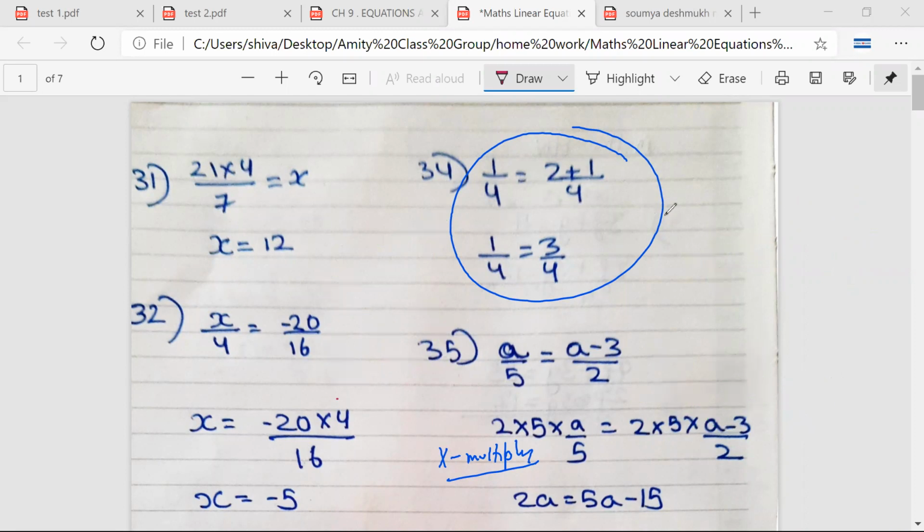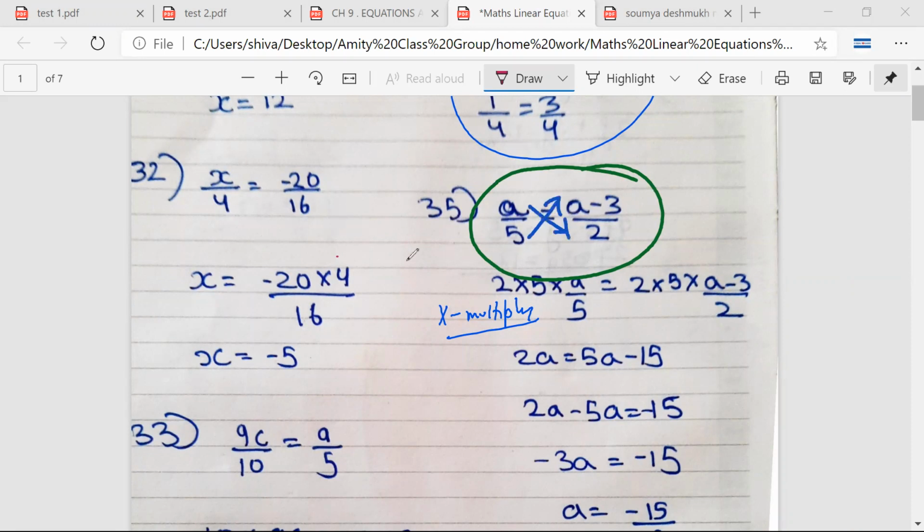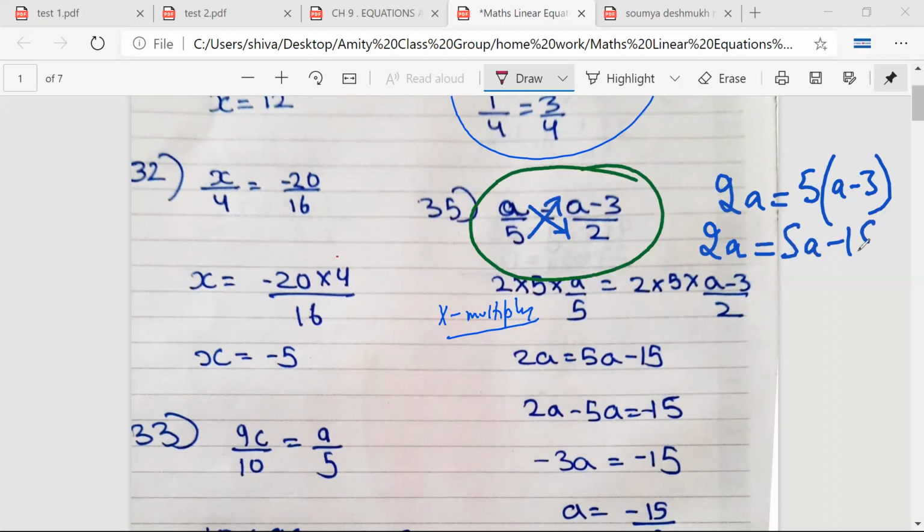No, sir. So in algebra, because you'll have a lot of alphabets, those alphabets will cause a lot of confusion. So for example, if you have understood what is cross multiplication, you will be able to do this in a far smoother way. Let us look at the method again. Cross multiply. I draw arrows like these. So this is 2a is equal to 5 into a minus 3. Sanvi ji, any doubt? No, sir.